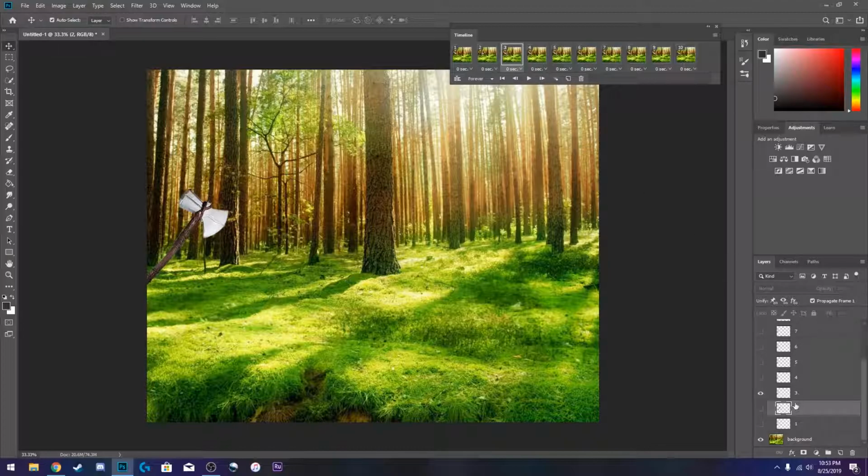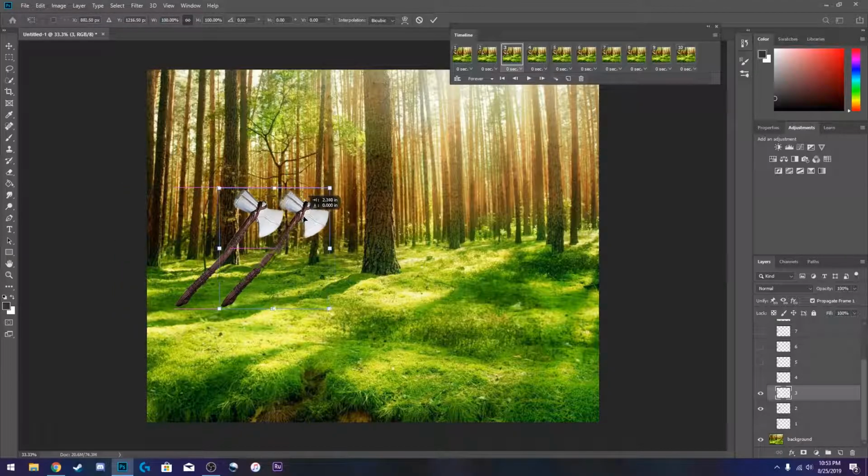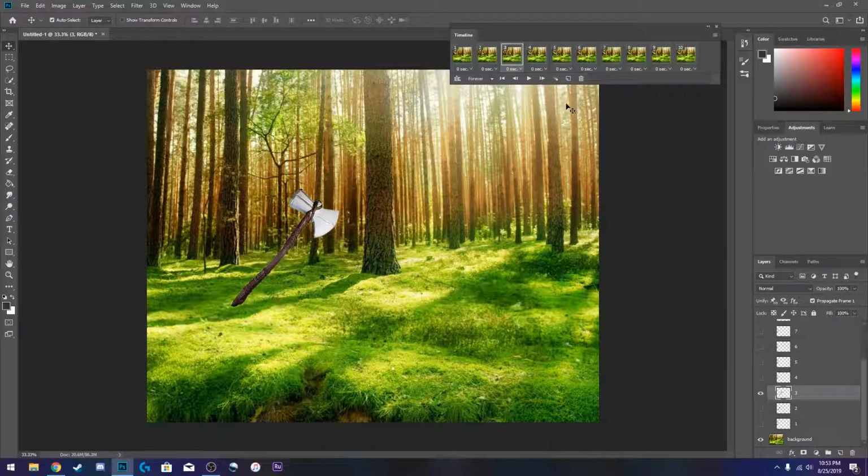So now let's say for frame 3, well, guess what? We already know where frame 1 is, but now we want to move it from frame 2. And as you can see, that frame now holds the data as well, where that axe is further along. So now we move this one, press enter, hide it, and we'll do the same thing for 4, show 3,